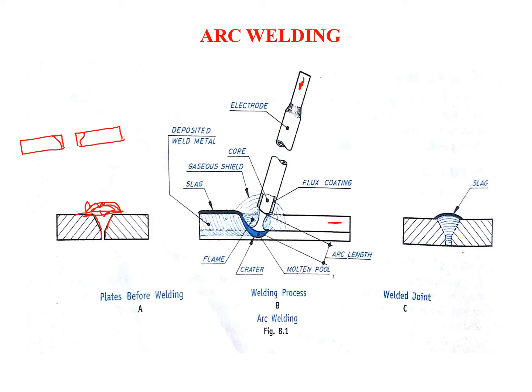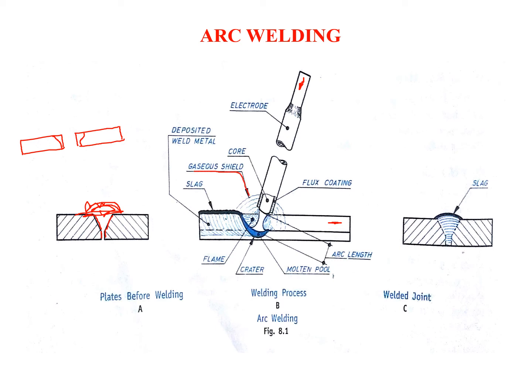Flux is used so that it forms a gaseous shield, and it will not allow the molten metal to come in contact with the atmosphere, so that oxides are not formed, right? Here you can see the electrode. Then we have the core of the electrode, which is a material similar to the parent material. So the material which is supposed to be joined, this material and this material, will be similar. So electrode selection becomes very important, and you select the electrode depending upon which material you are going to weld, right? And you can see here, this is the gaseous shield,